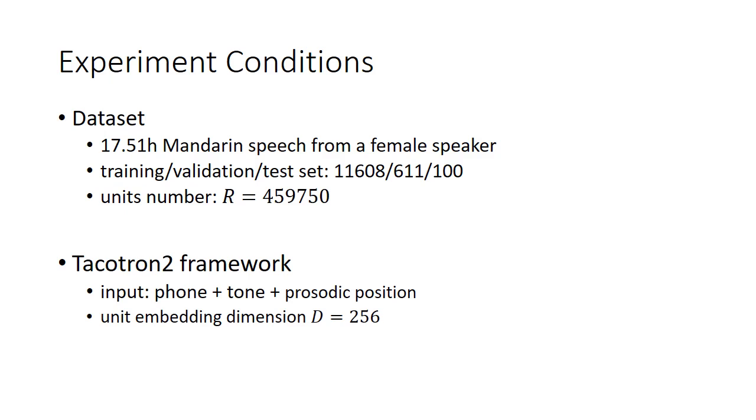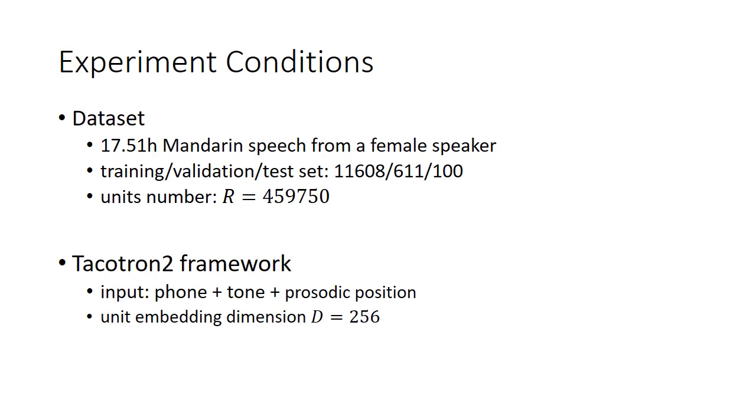Our dataset is about 17.51 hours of Mandarin speech. It was split into a training set of 11,608 utterances, a validation set of 611 utterances, and a test set of 100 utterances. The training set was used to train Tacotron and GC for cost calculation. The training set and the validation set were merged together to provide candidate units for unit selection, and the total number of phone instances was